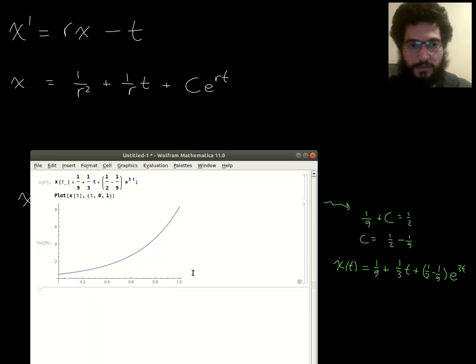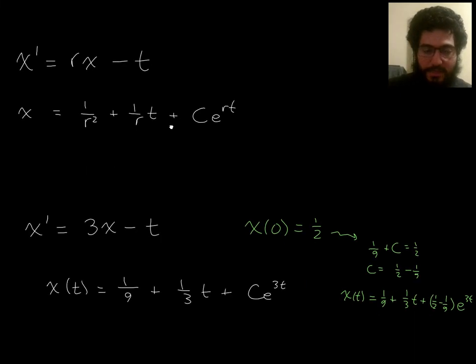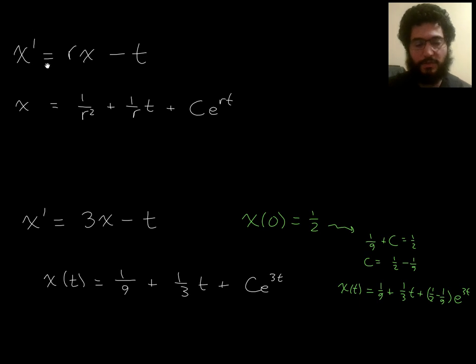Okay, then I can go to Mathematica and plot that, and I get this looking curve, which looks like an exponential growth curve, which I guess is not too surprising since the model is like the exponential population growth model, but with x prime also sort of decreasing at a certain rate, but not in a way that, well, let me put it this way. If x prime decreases at a rate of t at time t,